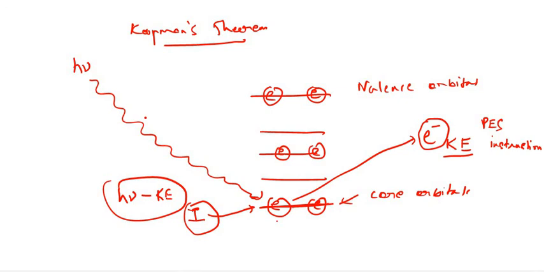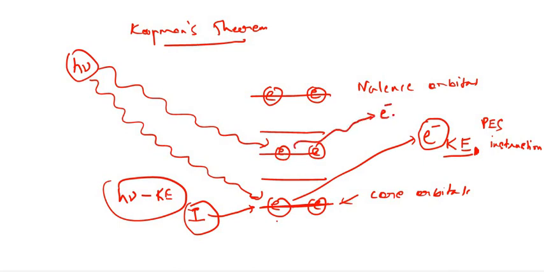In this illustration, I am telling you that different orbitals are occupied, and if we irradiate these samples with sufficient energy, as I already told you, for a core electron the energy is absorbed and the photoelectron is given kinetic energy. I am marking this kinetic energy as kinetic energy 1. If the same radiation is absorbed by another electron and it is also emitted as a photoelectron, it has different kinetic energy. Similarly, the same photon is absorbed by the valence electron and this electron is emitted as a photoelectron. Its kinetic energy is different.